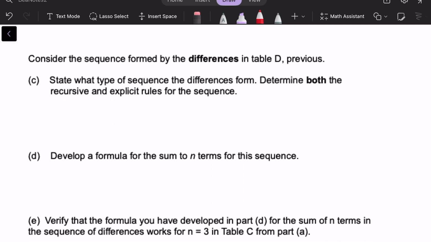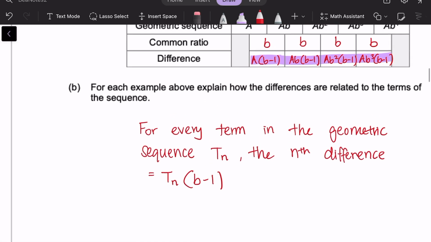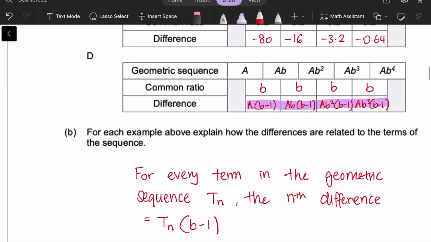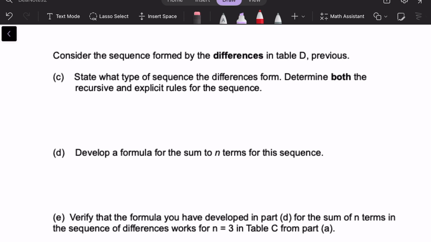Moving on to question 1c, state what type of sequence the differences form. Determine both the recursive and explicit rules for the sequence. So just a reminder, we're going to look back up here. The purple highlighted sequence is the one that we're looking at. As you can see, every term is multiplied by b to achieve the next term in the sequence. Hence, we can conclude that this new sequence is a geometric sequence as it has a common ratio between adjacent